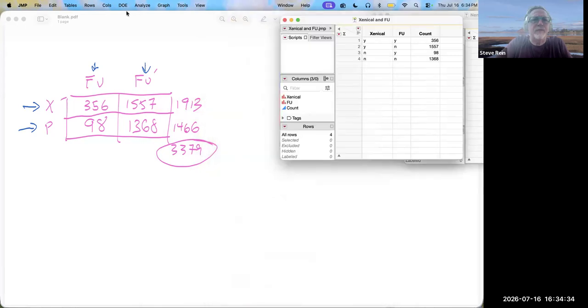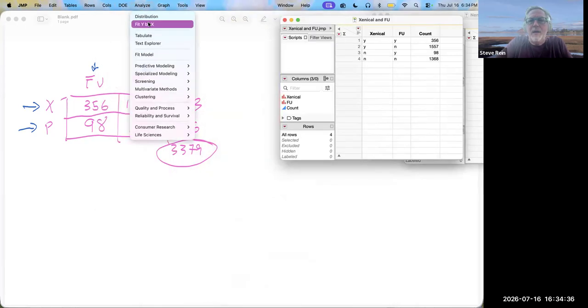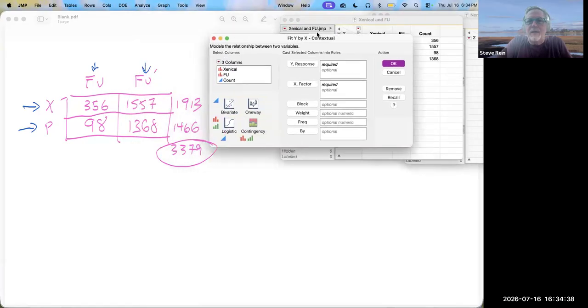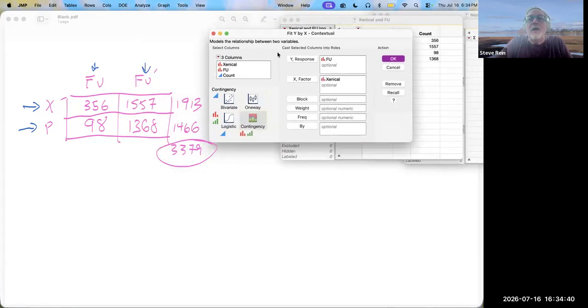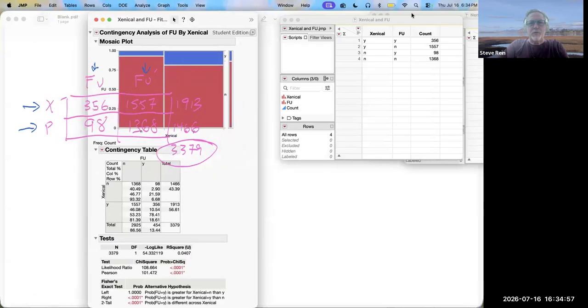Sorry, I screwed that up. I need to do that again. I forgot one key thing. I'm going to sort of hit recall. Notice that I had the count and I did not include information about the count. Yeah, the count literally belongs here where it says frequency. How often did each of these 1, 2, 3, 4 contingencies occur? If you don't have a count, it's going to show you exactly what I showed you. So here we have